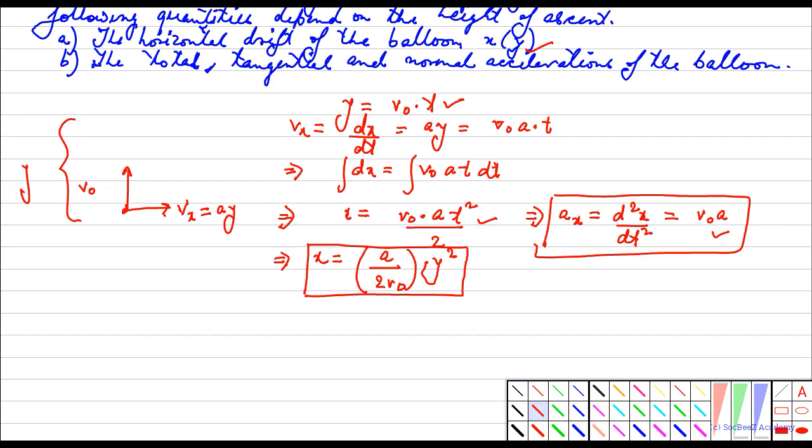Along the y-axis the balloon is not going to have any acceleration, because it is moving with a constant velocity along the y-axis. So this is basically the direction of the net acceleration of the balloon. Fine, I need to find out